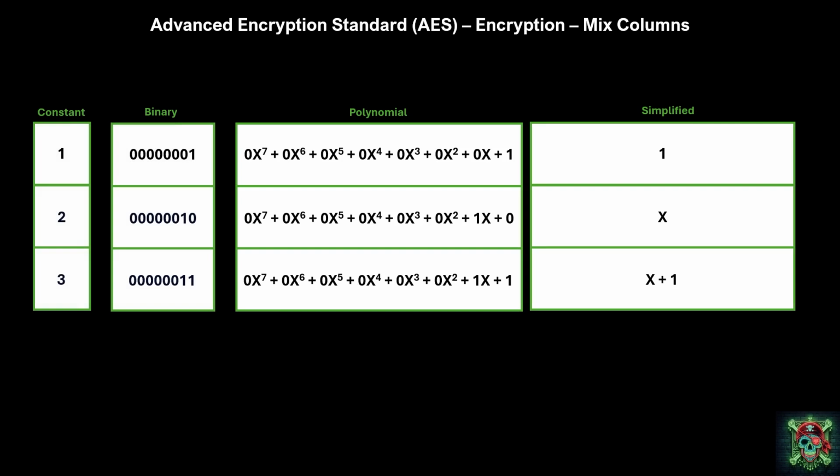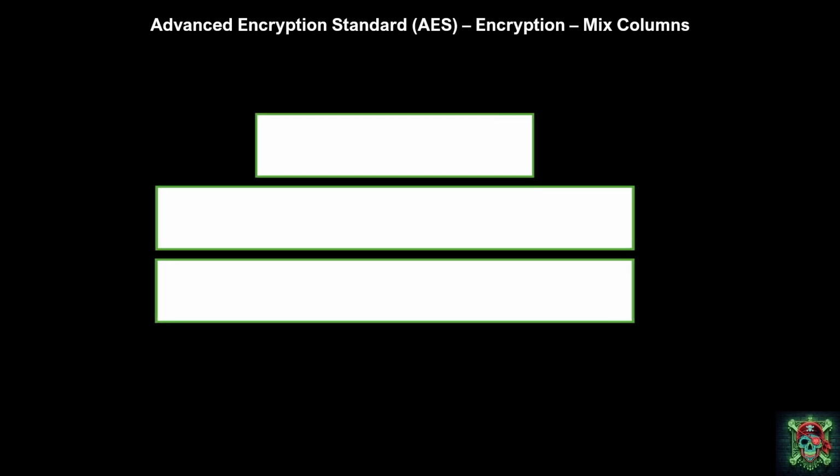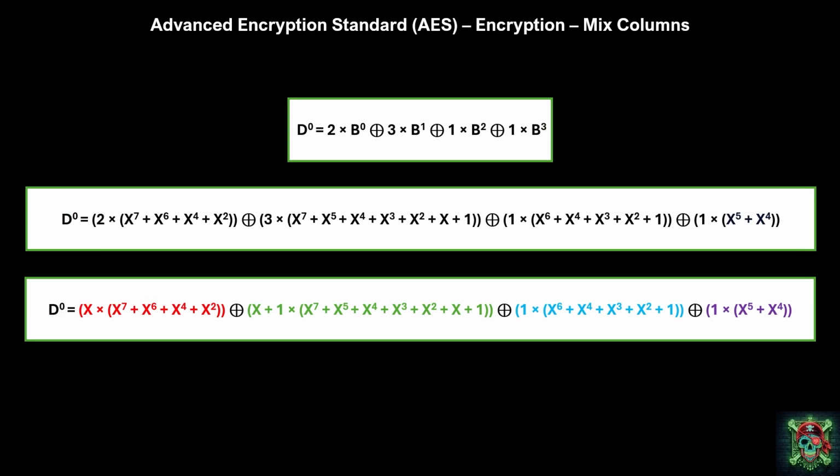Next, let's take our constants from the multiplication matrix, which remember are the values of 1, 2, and 3, and convert those in the same way we did our variables, first into binary and then into simplified polynomials. Now, let's take our equation for converting B0 to D0 and replace all our B variables with our polynomial expressions. Then, let's do the same thing with our constants. That is a long equation, so let's break it down into 4 separate components denoted by our red, green, blue,